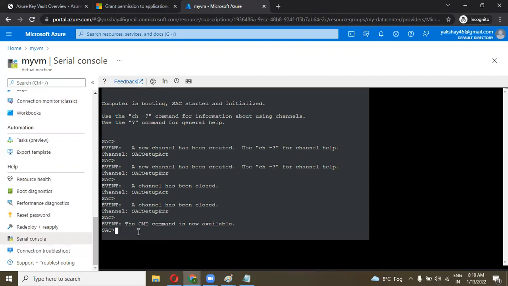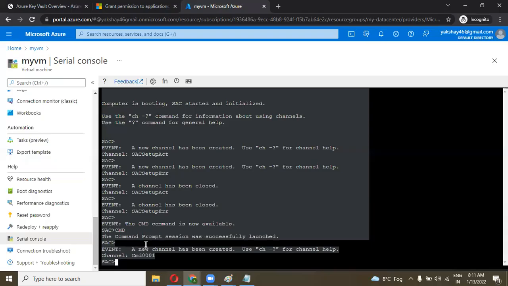Here only the CMD command is available. If I type CMD and press enter, you can see a new channel has been created. If you want to use it, then you have to run it.